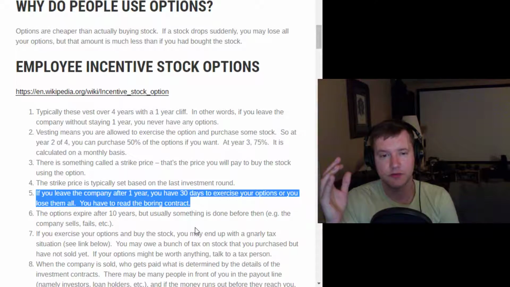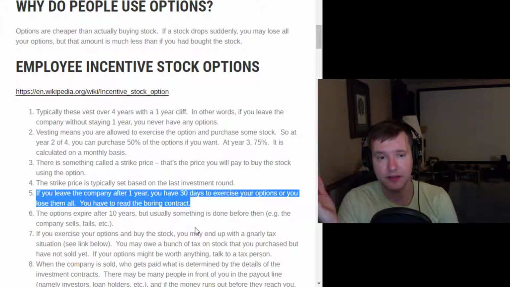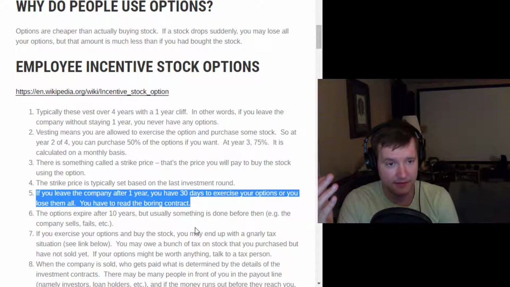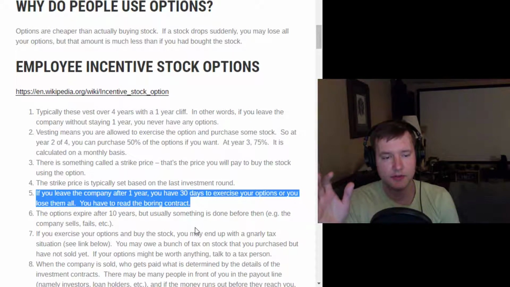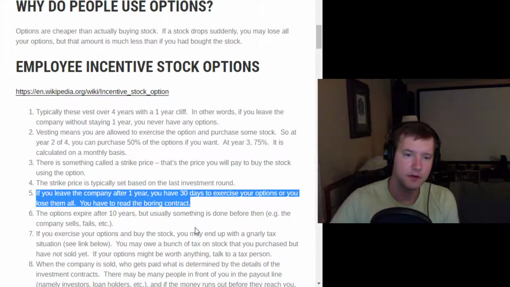It's kind of tragic that right at the time that you're leaving the company is a lot of times the worst time money-wise to exercise these options, but it's true, it's a fact, and we can read it in the contract so we can prepare for it ahead of time. If you have some stock options, it's another reason to save money. You want to set aside some money in case you want to exercise those options in the future.